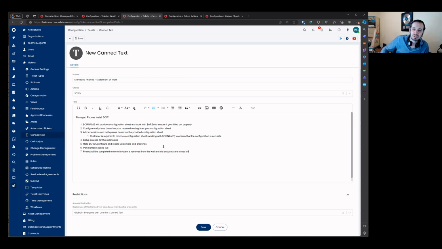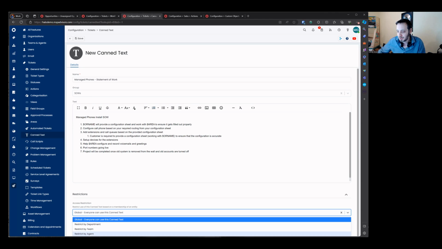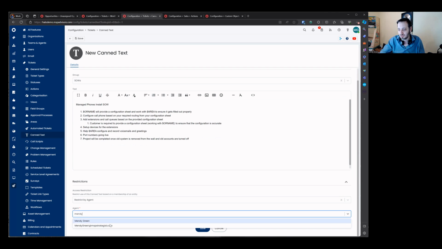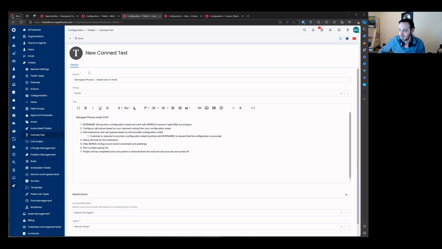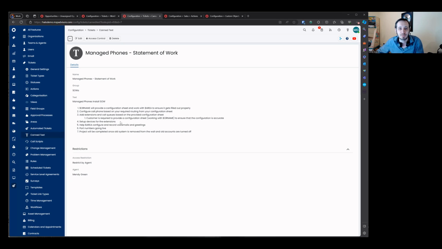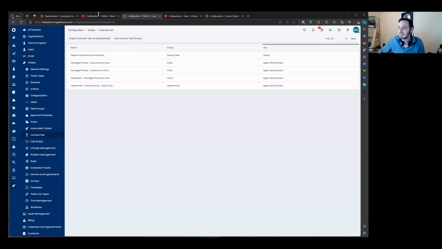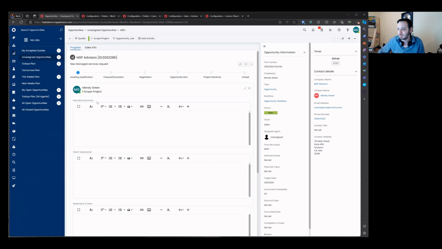Now, this may get more detailed, but I'm not here to show you technically how to build a statement of work and the various tasks you may need to do on the project, depending on the type of project, right? I'm just trying to write up an example of a statement of work. So I've got my canned text, one of each, and I'm going to go here and say, well,